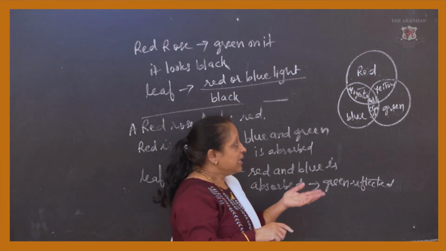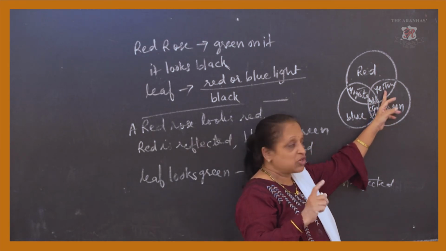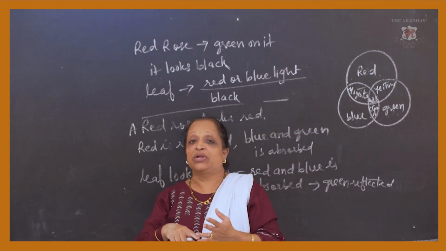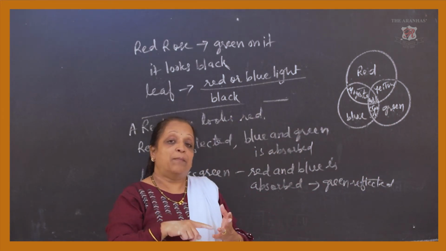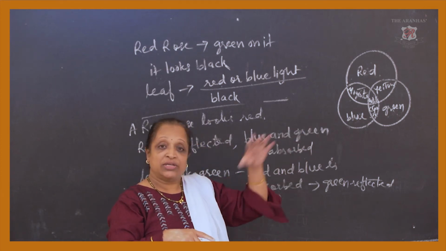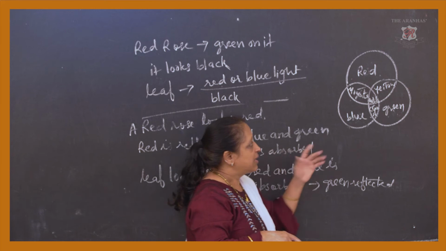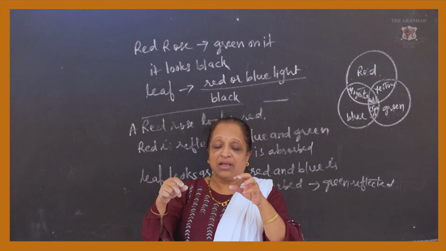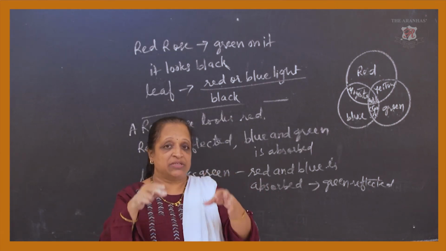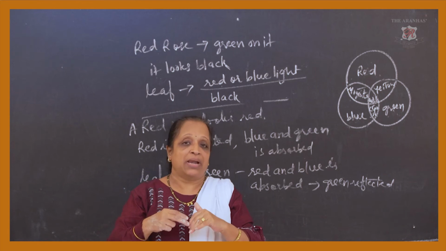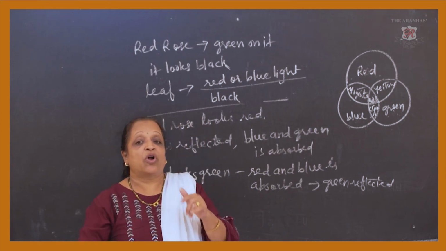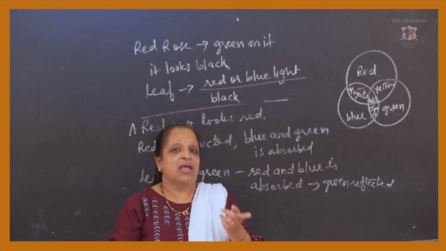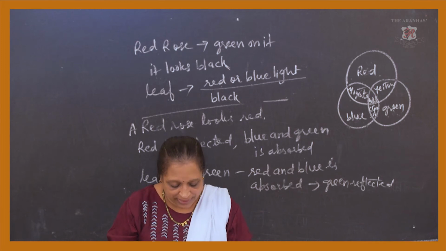But in the case of the yellow flower, if a flash of red and green light is put on it, definitely it is going to be seen black in color, because yellow is already the reflected color. Then what colors are left? Red and green, which are absorbed by it. So when you put that flash of light on that yellow flower, it will again be black, because it depends upon which color is absorbed by that specific object as well as which color is reflected.